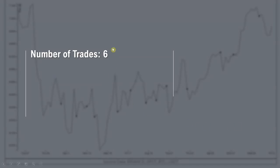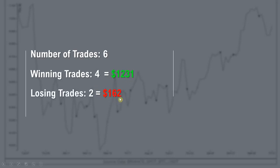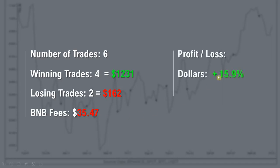Okay, we're going to do a summary. We got a total of 6 trades. 4 of them were winners for a total value of $1,231. Gotta like that. Losing trades, 2 of them for a total loss of $162. I like that ratio. The BNB fees, in and out of the trades, are $35.47. I always use BNB to pay my fees, so they do not affect my trading capital at all. I just buy my BNB at the beginning of the month, and it gets used up as I trade. So profit in dollars is plus 15.9%. That is crazy. I like it. And total increase in our BTC, which is always important, is